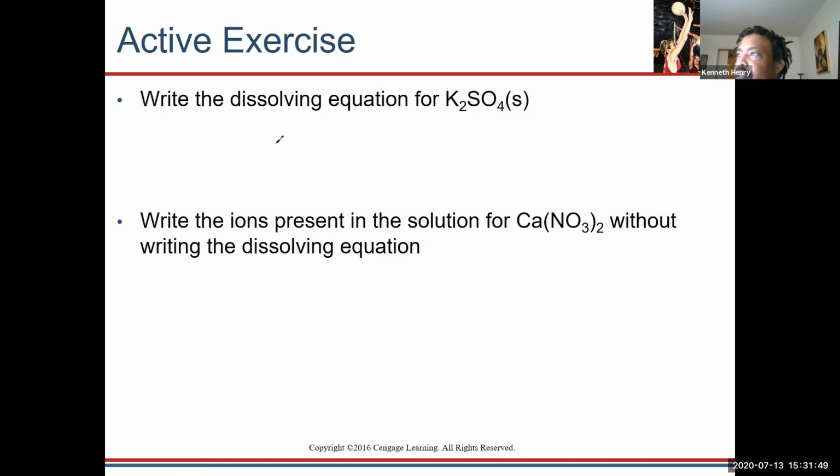Okay, so let's see. It says write the dissolving equation for K2SO4 solid. So what do you think that equation is going to be? Will it end up as an aqueous because it's dissolving in water? Okay, so then tell me how are we going to write that? Well, you would use your given, which is the K2SO4 solid. Okay. K2SO4 solid. And then it's going to yield